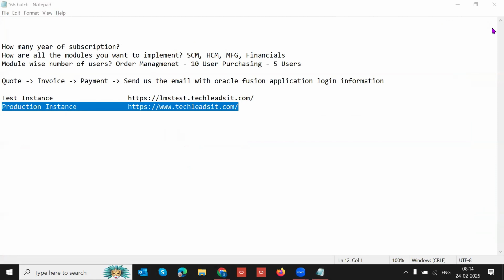After you purchase the license from Oracle, by default, how many instances are we getting? Two instances. Test instance and production instance. Okay. So if you want an additional instance,